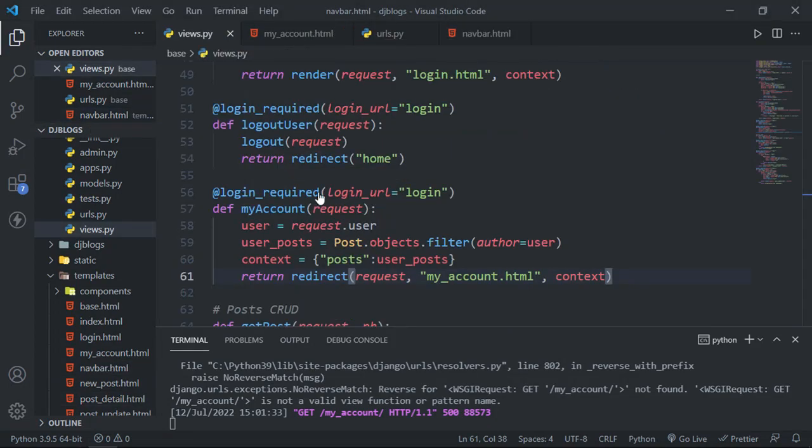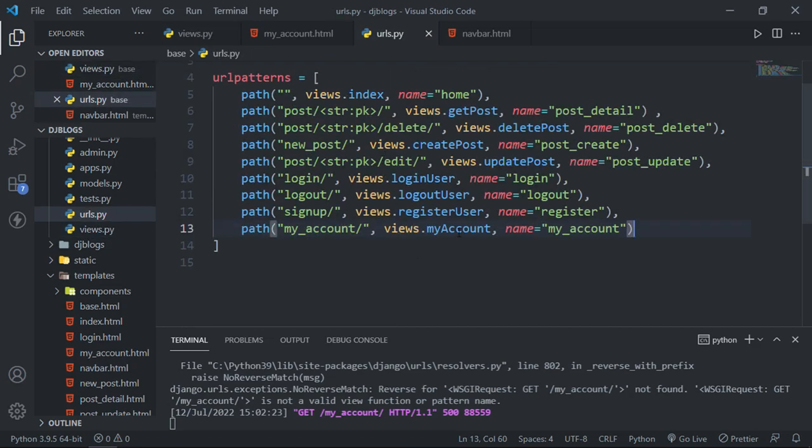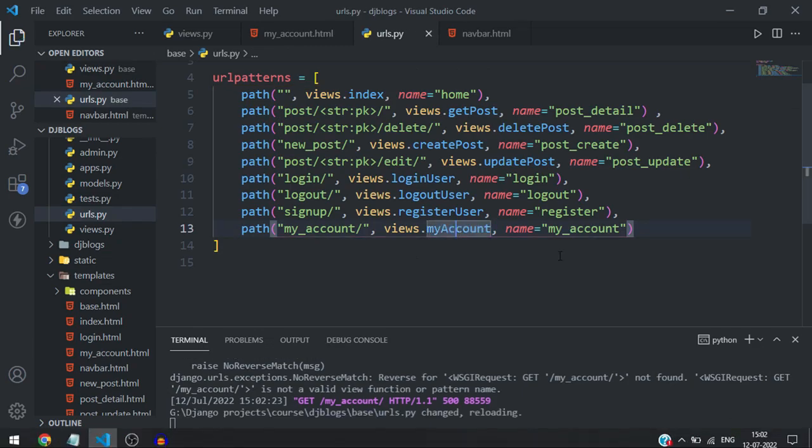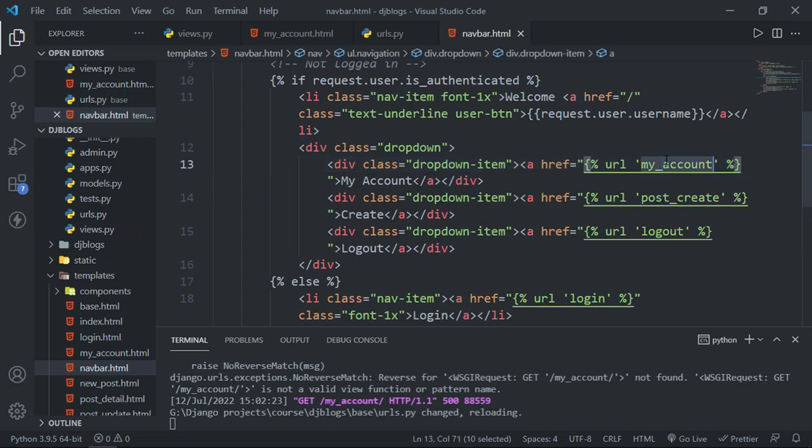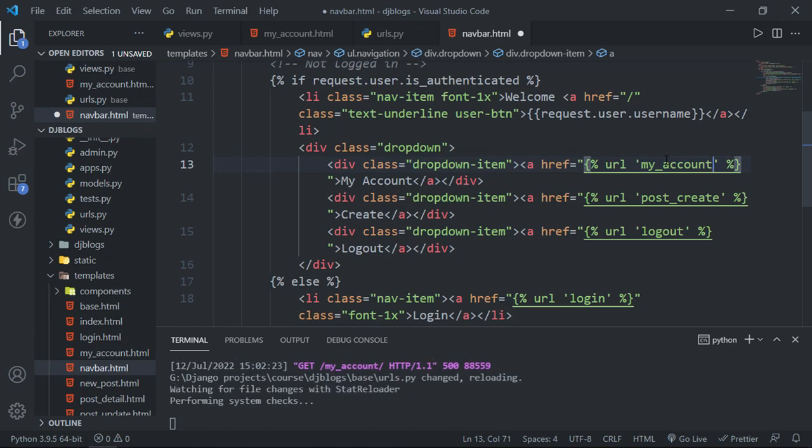Inside this views file I will copy this function name, and in this urls.py file I will paste it here. Let's save this file. I will also copy this, and I will paste it here to remove all the typos. Let's save this file,